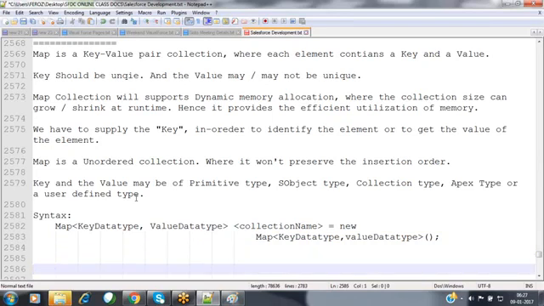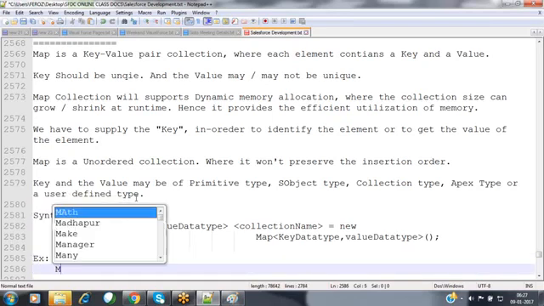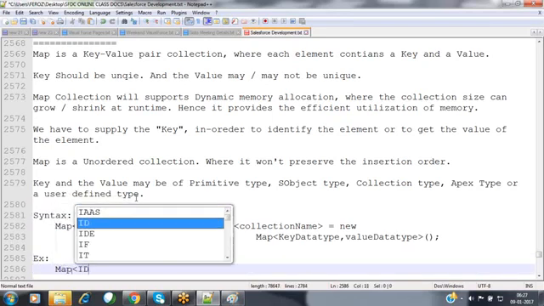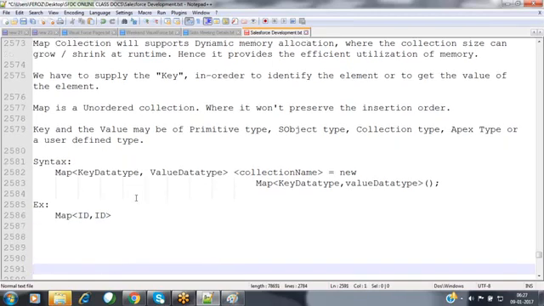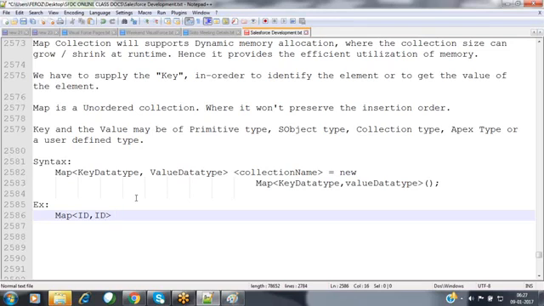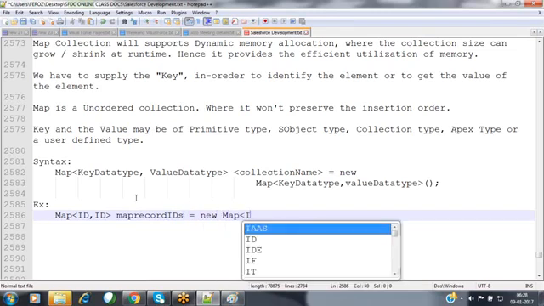Now, how can we define the map collection? For example, I'm defining the map collection, map of ID, comma, ID. Now we can map record IDs, new map of ID, comma, ID.